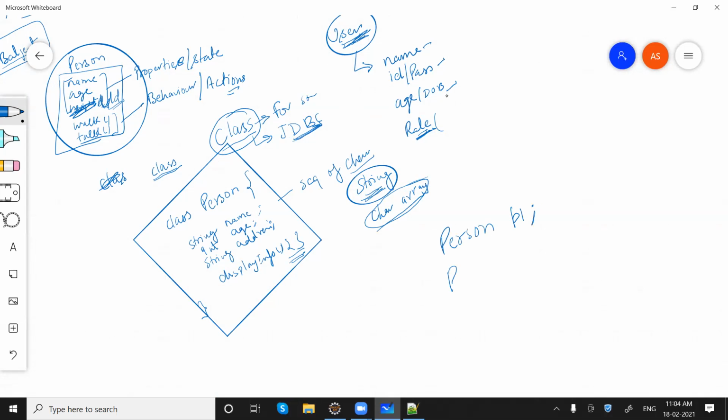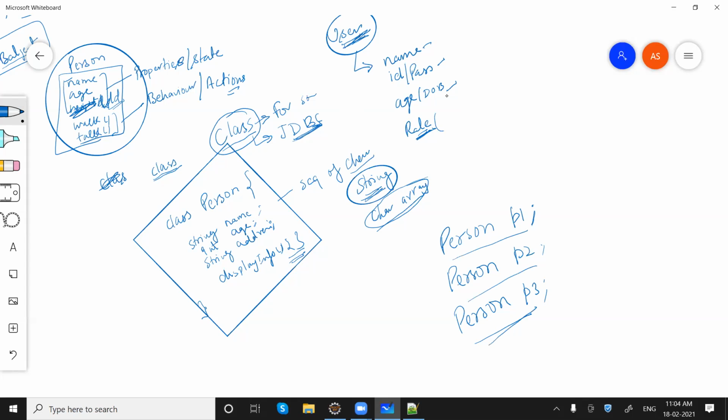I'm just saying like this: person P2, person P3. So we can do that, right? Yes or no? Like for integer variables, we can say i, j, k. How many variables we want to create, similarly we can create any number of